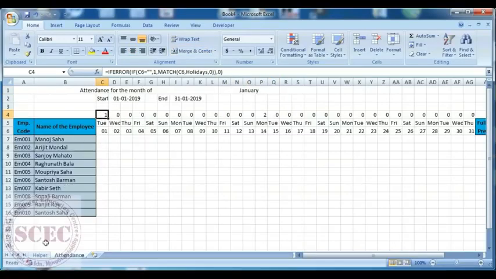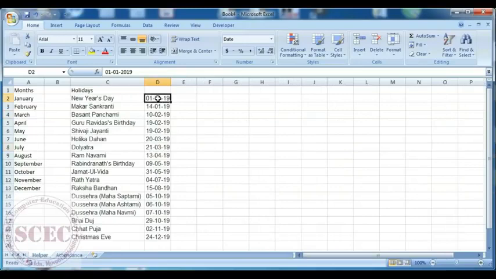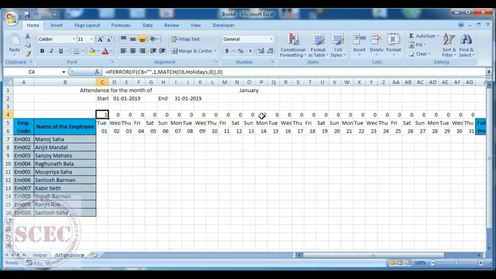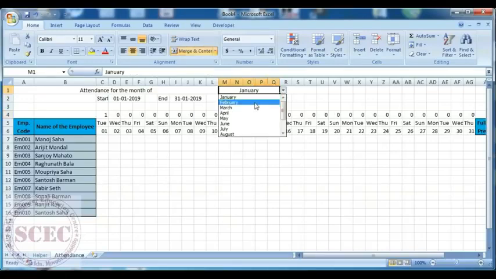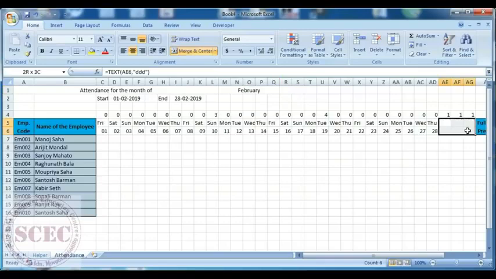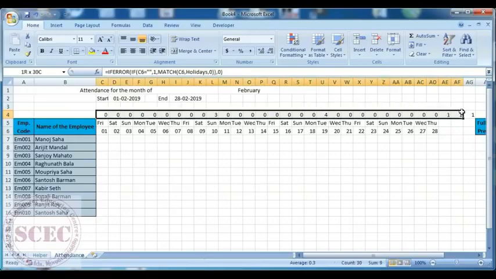This is a holiday because 1st January is a holiday, and day 2 is also a holiday, and all others are 0. When we select February, we can see the dates are not here, so it gives us the result 1, and here only 1, 2 holidays. So we have created this helper row.